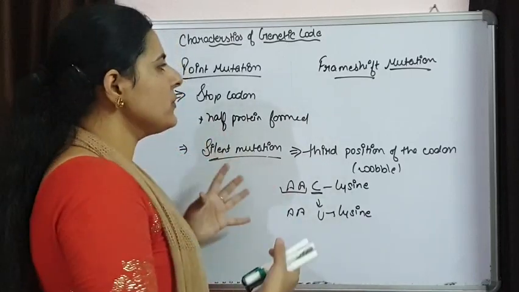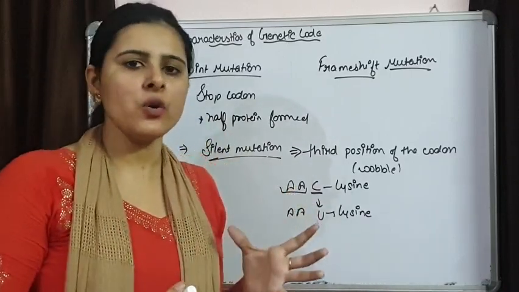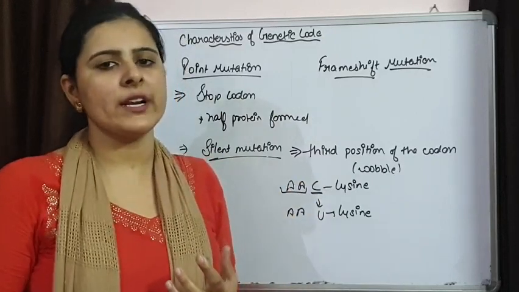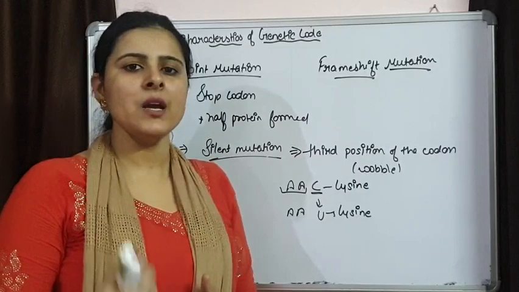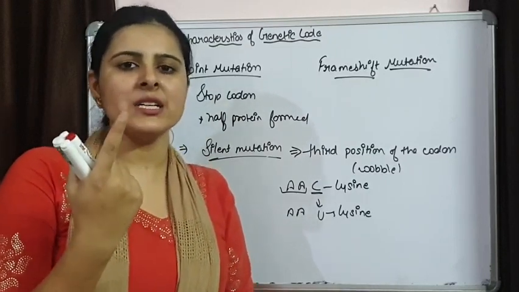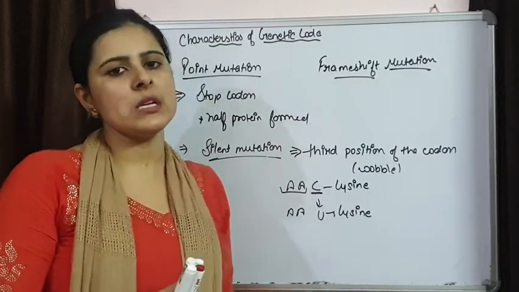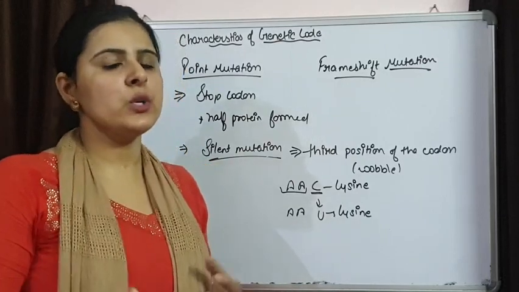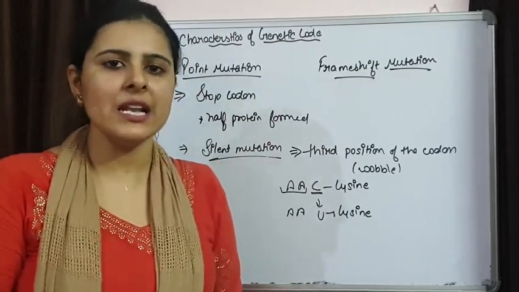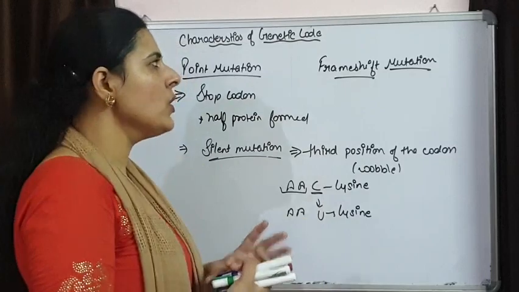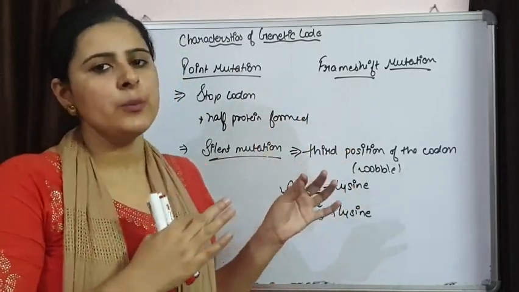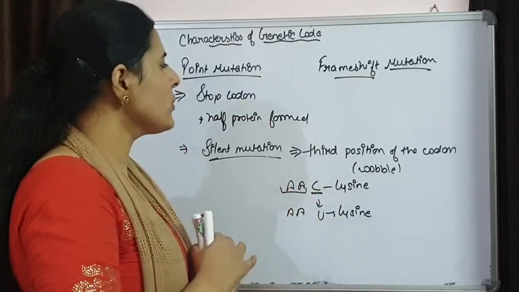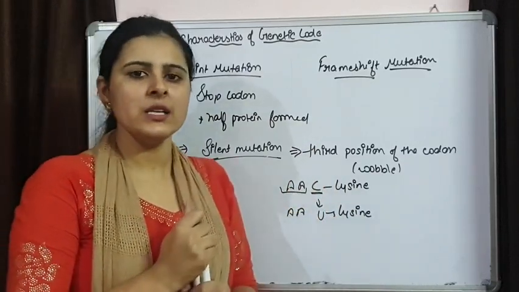So if any change comes in the genetic code, this change is also going to affect the protein. As we saw in sickle cell anemia, only one single amino acid is changed, and because of that one amino acid change, the individual suffers from sickle cell anemia. So this is how the genetic code functions collinearly with the proteins. So that's all for today. Next time we will start with our next topic.